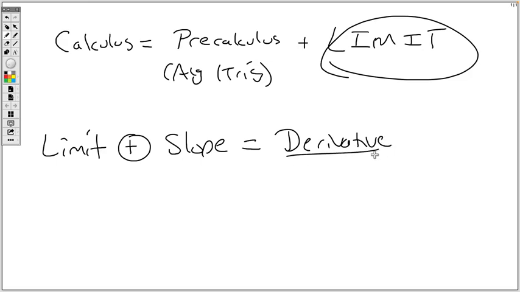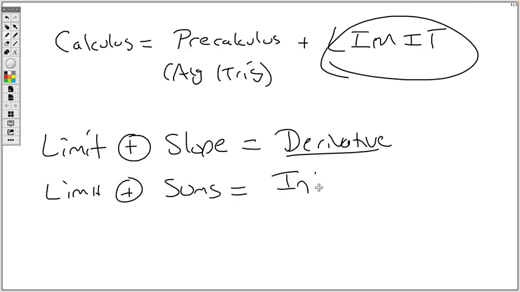So next week we're going to formally start the study of the other half of calculus called the integral calculus. Okay, limit plus sums is going to give us integrals. And it turns out, spoiler alert, that derivatives and integrals end up being more or less inverse operations. So the last section here in chapter 4, the last application of derivatives, is antiderivatives, and that's when we start